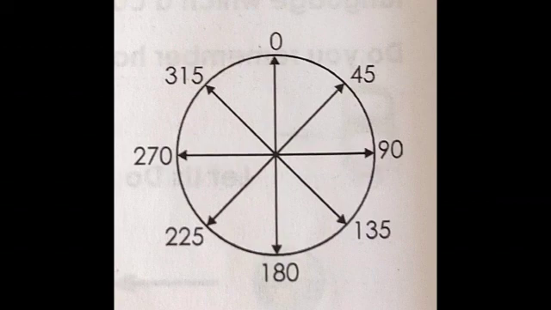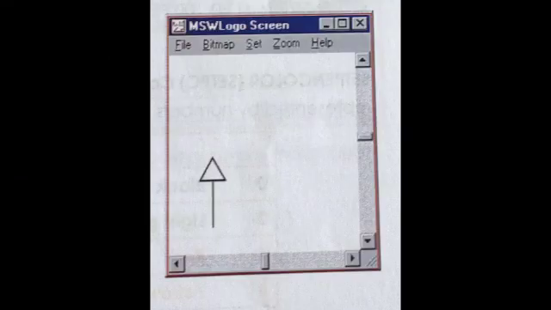You can refer to it. Pen and color commands. We can move the turtle even without drawing anything. We can also change the color and size of the turtle's pen. All this can be done using pen commands in Logo. The Pen Up command, that is the PU command, is used to lift the pen of the turtle up from the screen. As a result, the turtle does not draw anything.